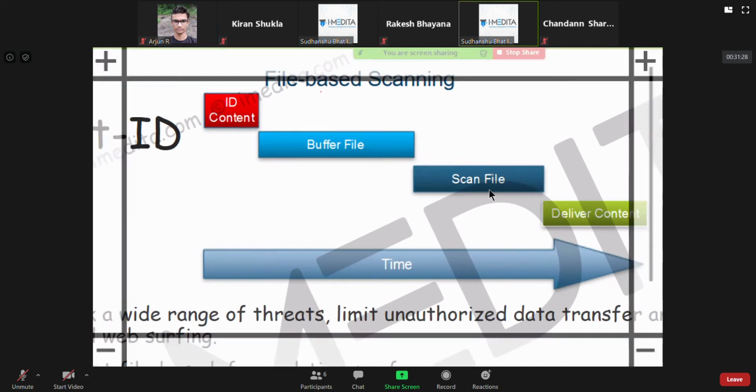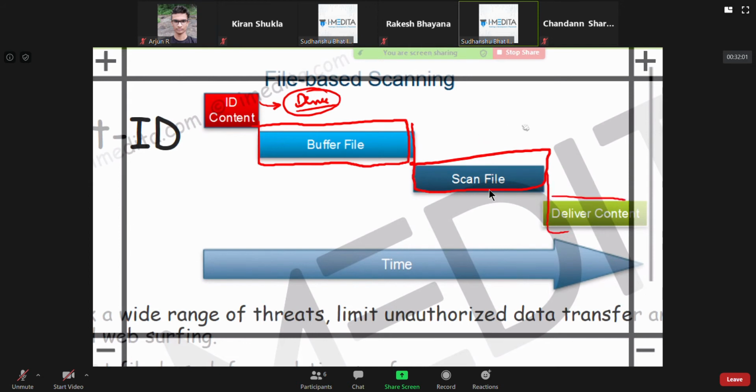Your security device, whatever firewall or device you are using, will request that file. In file based scanning, the security device will request that file and download the whole file, then scan it, and if it finds it right, then deliver the content.